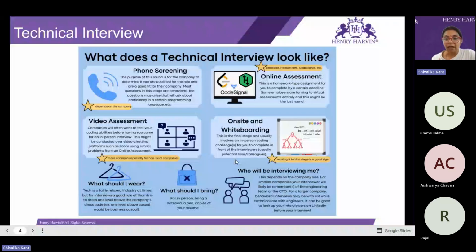There can be online, they can be offline, there can be a video conferencing type of interview also. It all depends on the company, how they want to take the test. It can be a group test also, where multiple candidates will be sitting in one room and they will have to do the task, or it can be one-on-one as